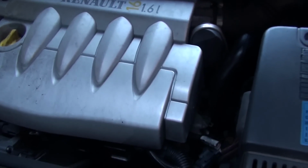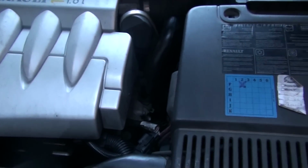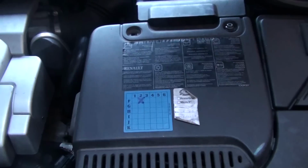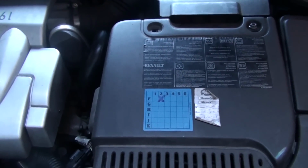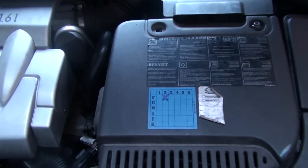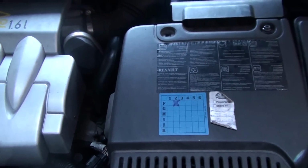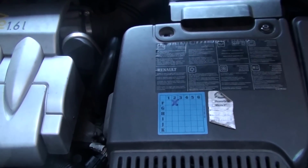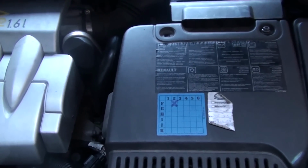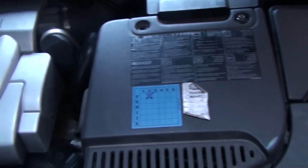Hi, this is a Renault Megane 03 plate 1.6. Now, what I've just done is, I'll explain what I've done. Had problems with it, with the wipers going, the flashes going on it, power steering gone, coming up saying electrical fault on the dashboard. Looked on the web and they said that it was water getting into the fuse box